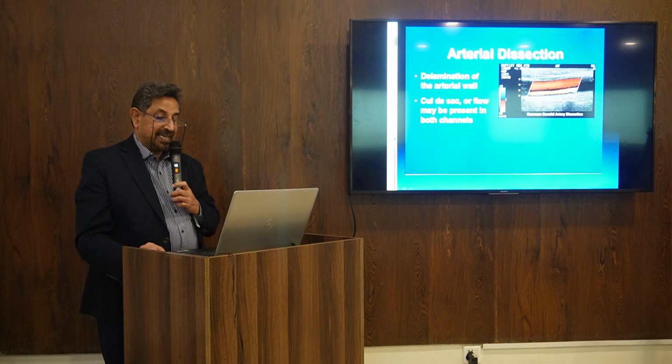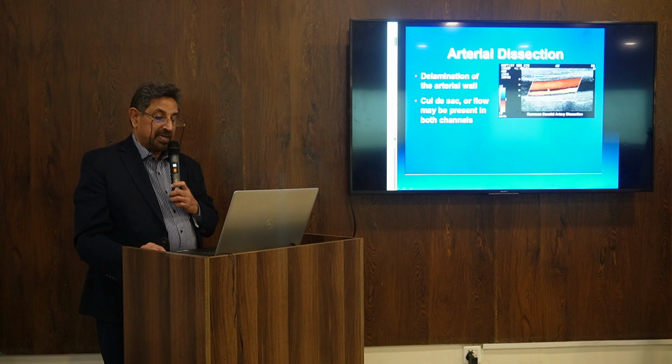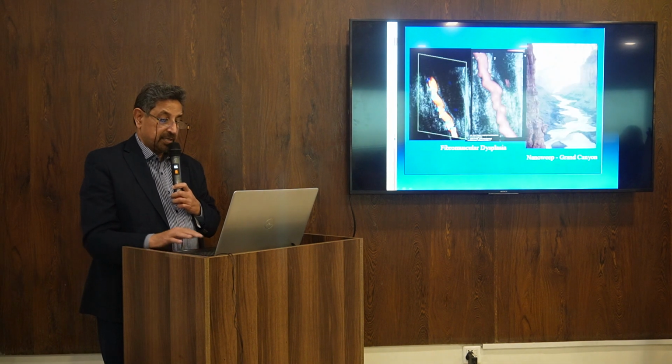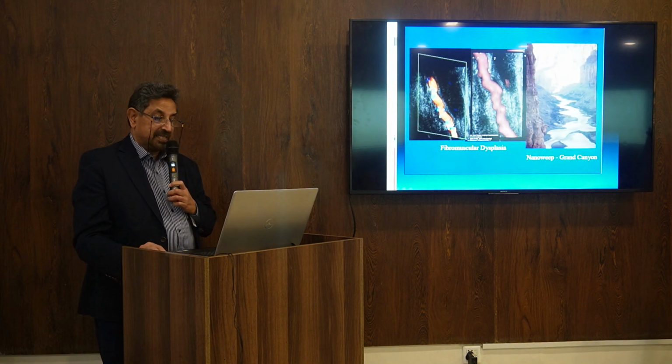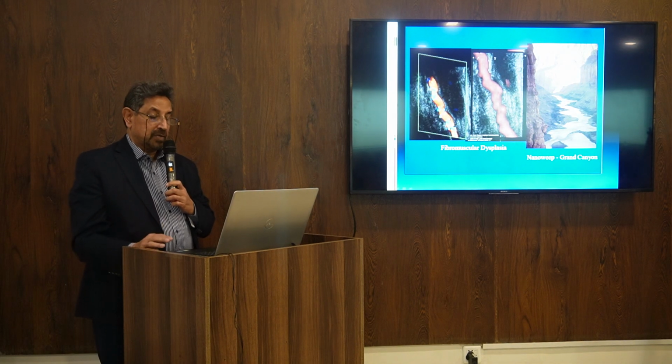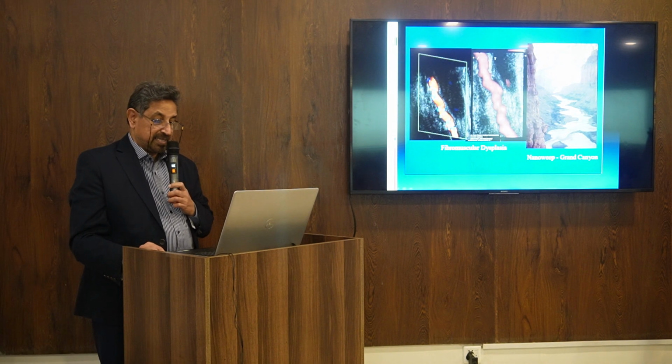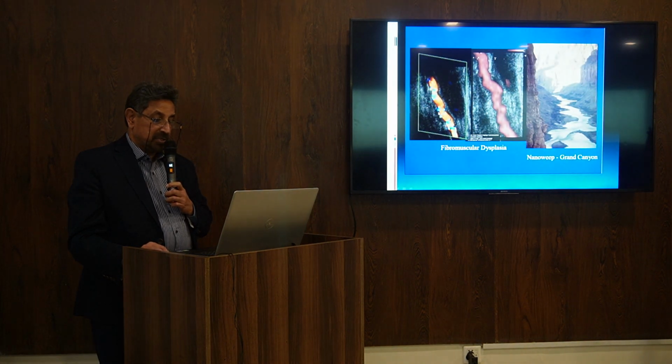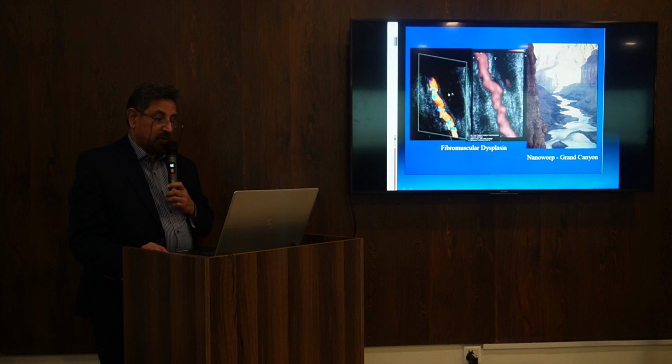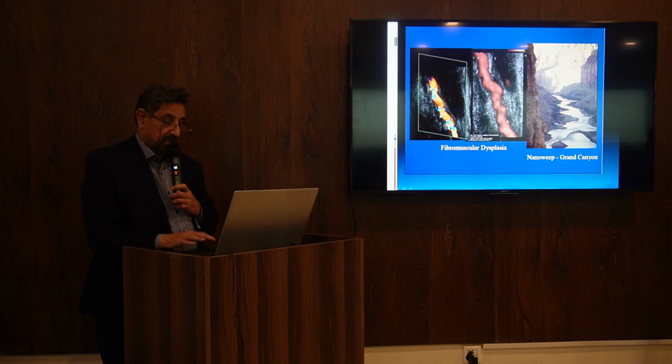One is a pseudo lumen where there is a break in the wall, it's not having very high velocity, and the other is a tortuous vessel, as somebody else will be talking about fibromuscular dysplasia, this outpouching of the vessel. You see here green, blue, yellow, multiple different colors. On power Doppler you'll get one color because it's not giving you quantitative analysis, but on color Doppler you'll get